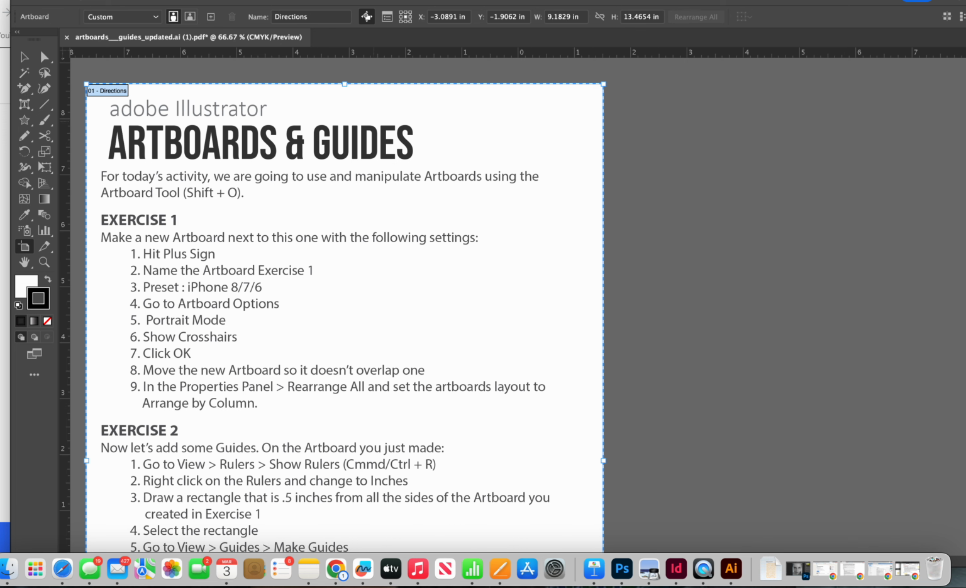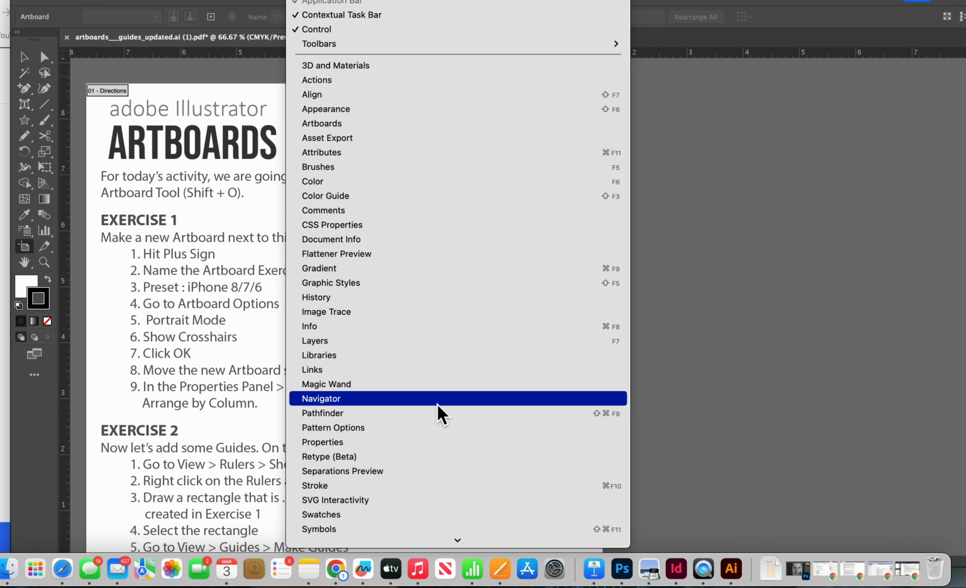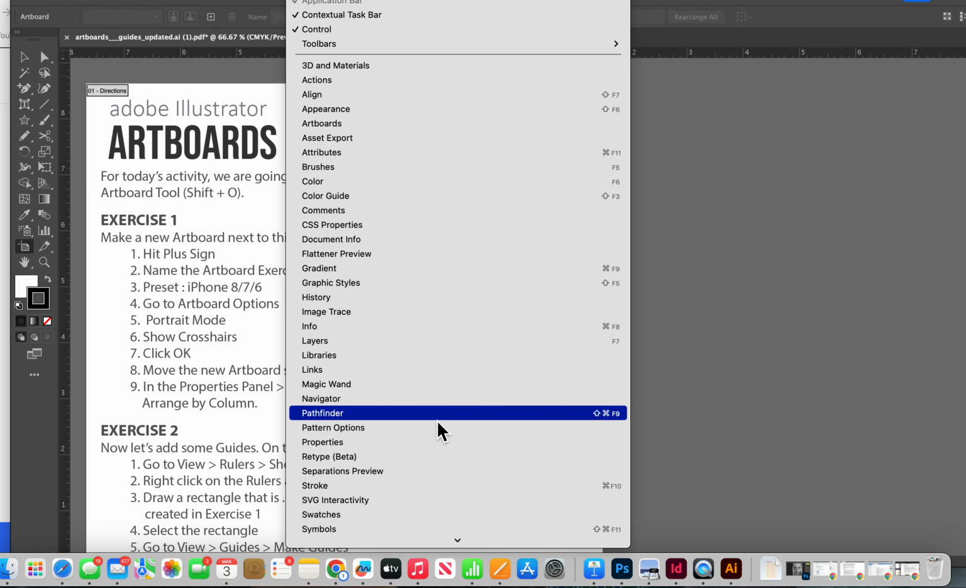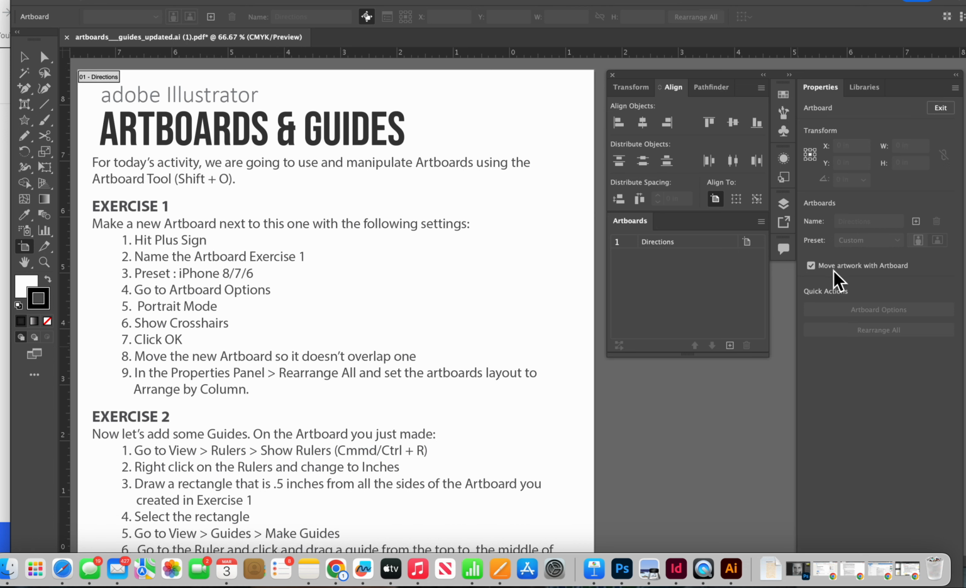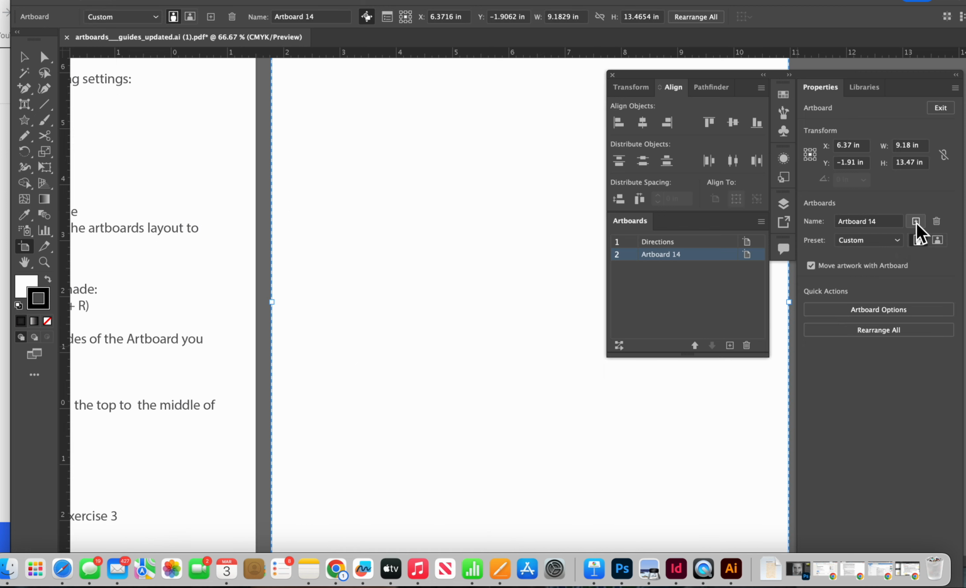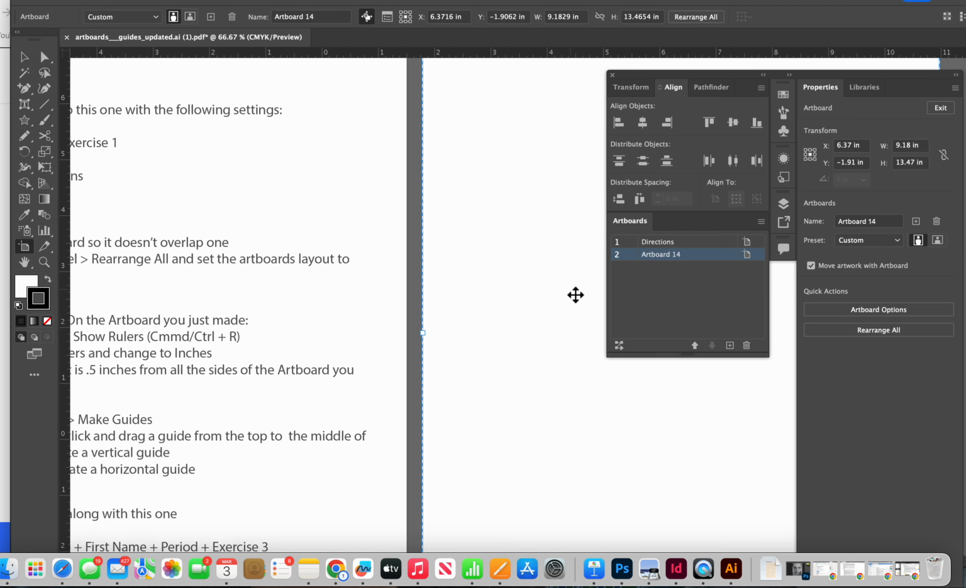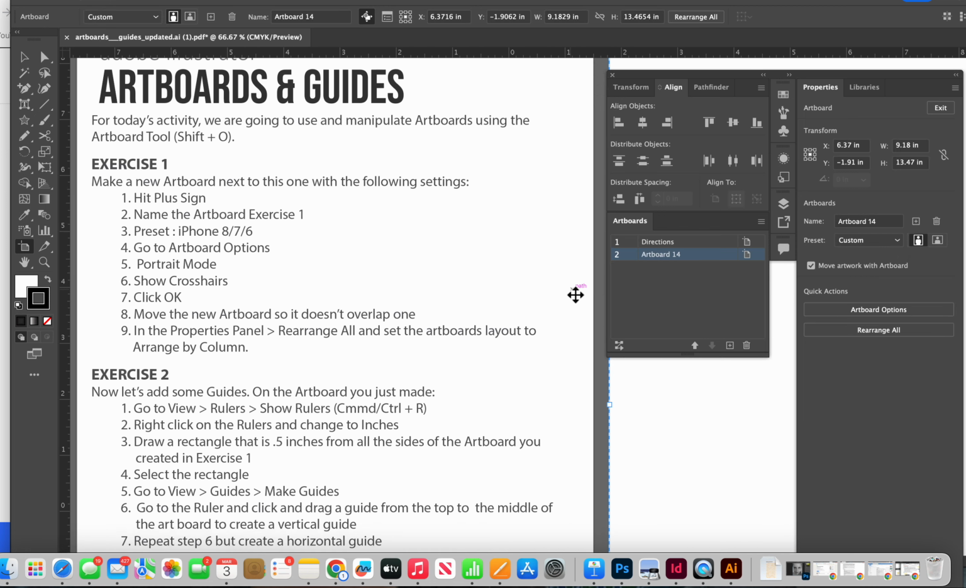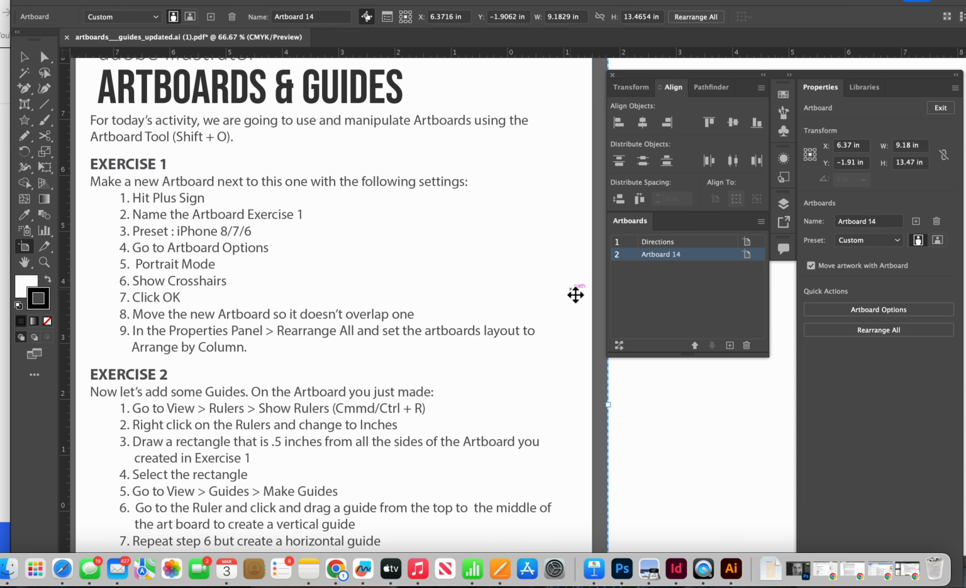If you don't have Windows, you need to have your properties panel open. If you don't have that open, pop that open, okay? And we are going to hit the plus sign over here on the artboards to create a new artboard, all right? Then you are going to name this artboard